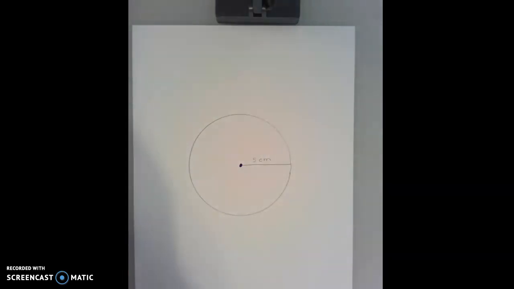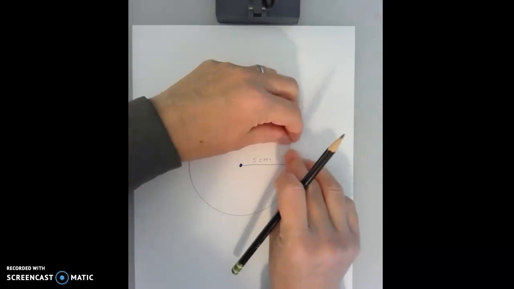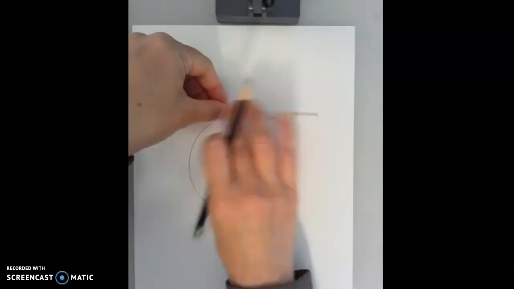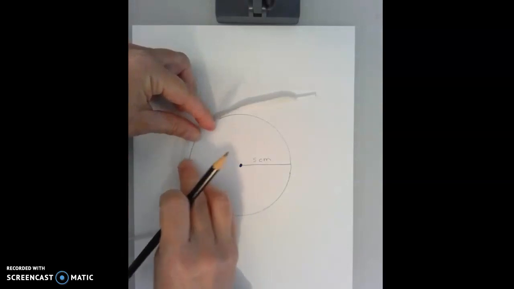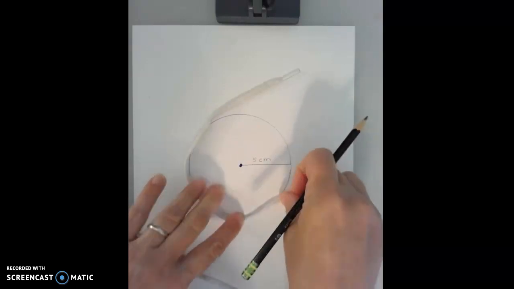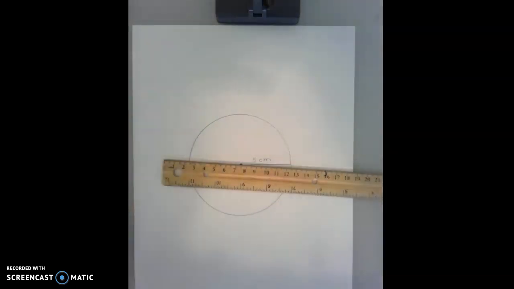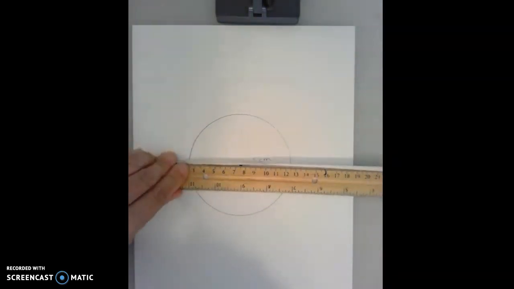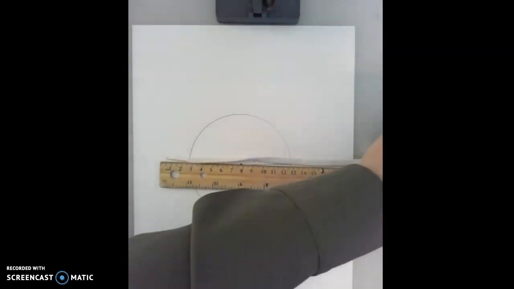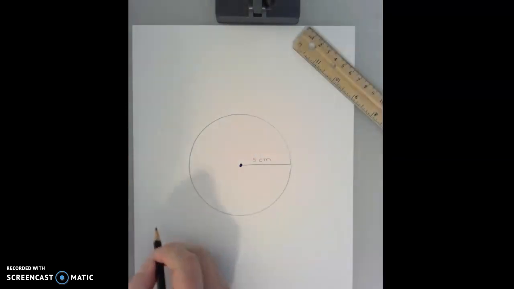And then what I'm going to do for the first activity is take the shoelace and measure the circumference, which is the distance around the circle. I'll start here at the mark that I made and try to get as accurate of a measuring as I can. This is a way that I can figure out the distance around the outside of the circle. And then I'll take a ruler and I'll measure in centimeters how long this shoelace is, and it looks like it's about 34 centimeters. So the circumference